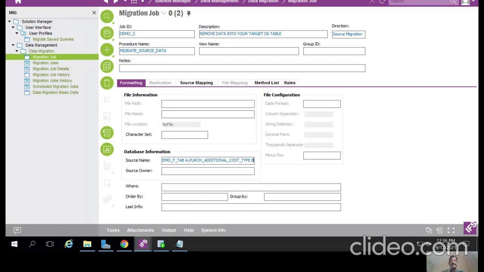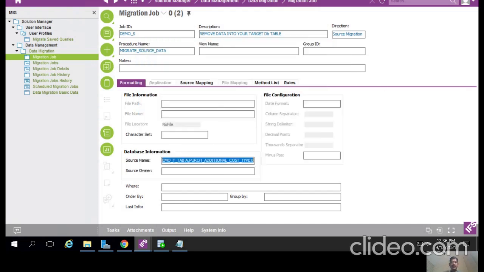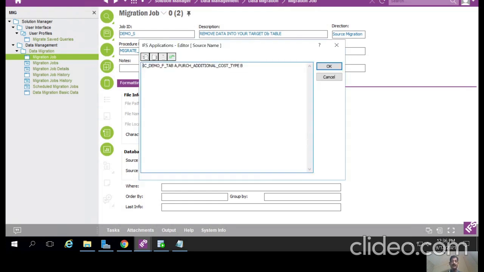Because these time table records are matching with your target table, means your target view. If both of our records are matching, then we will perform the removing method. Understand? That's why I am taking two tables from here. One is the time table, which is your source table, and second is your target table. Correct?